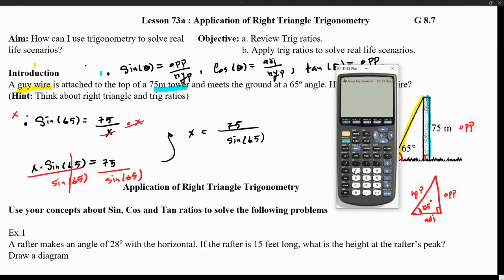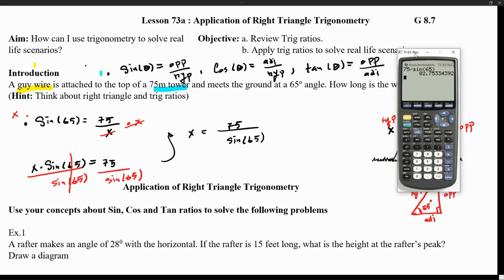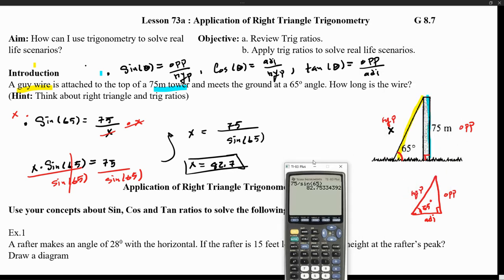So we got 75 divided by the sine of 65. And now we know that x is equivalent to 82.7. And again, if it looks weird, the first thing I want to do is make sure that it's in degree mode. That is fine, so we know we're okay. So that means that the length of this wire is of a value